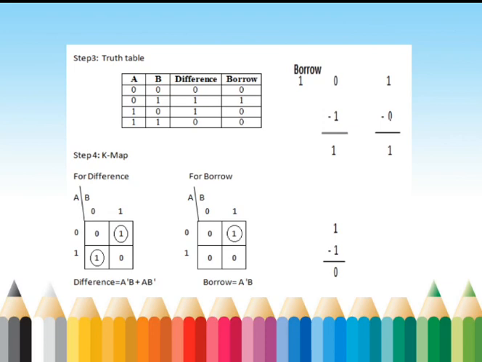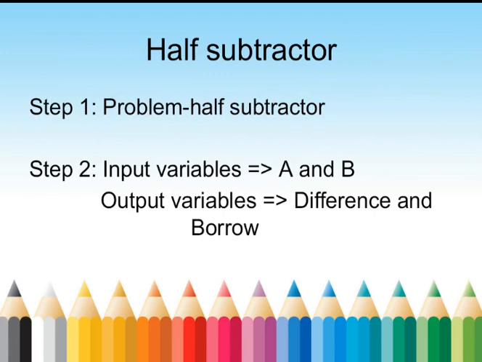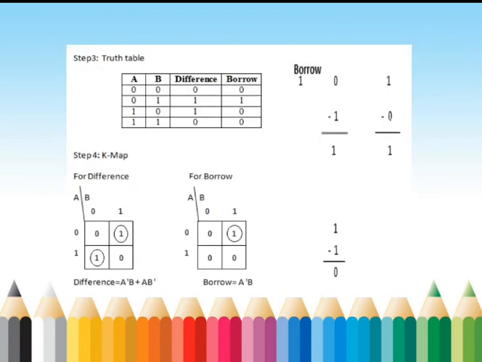From this, we may confirm the input variables for designing this half subtractor are A and B. Output variables are difference and borrow. So with this, we may express a truth table with columns A and B for input variables, difference and borrow for output variables. Though it is a 2-input device, it will have 2 power 2 input combinations: 0 0, 0 1, 1 0, 1 1. Accordingly, we should identify the difference and borrow values.